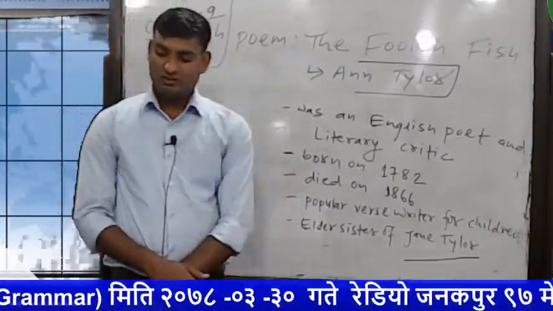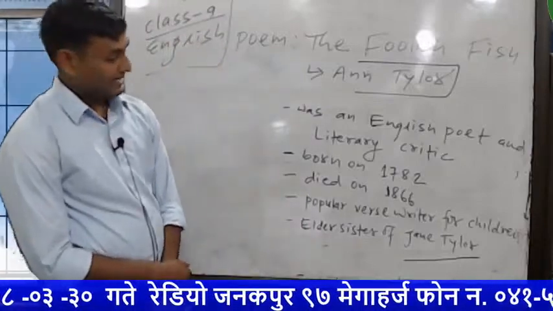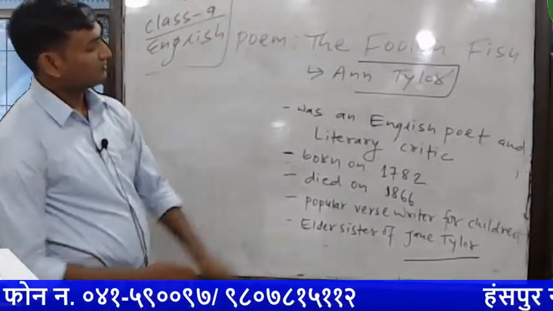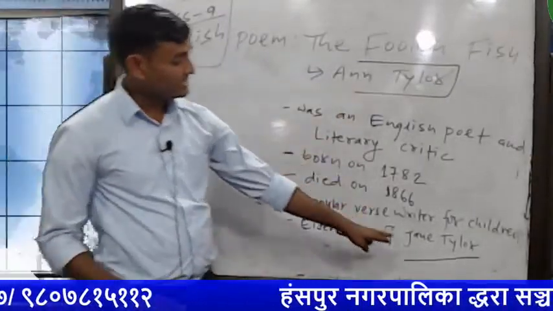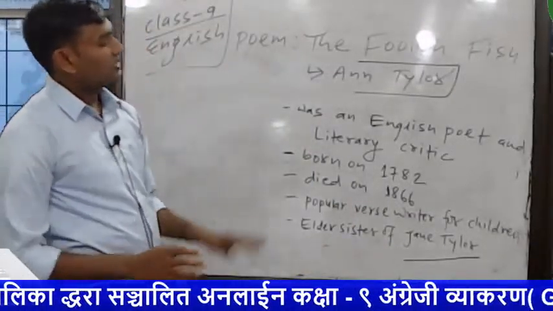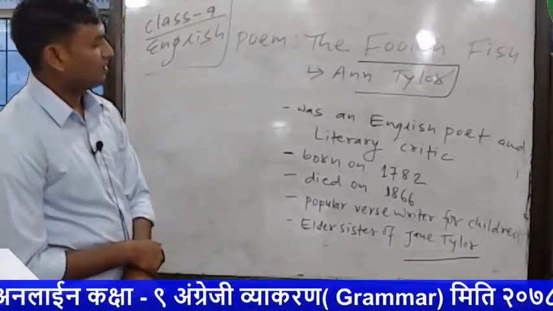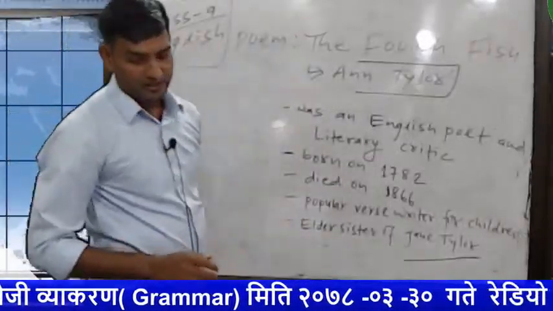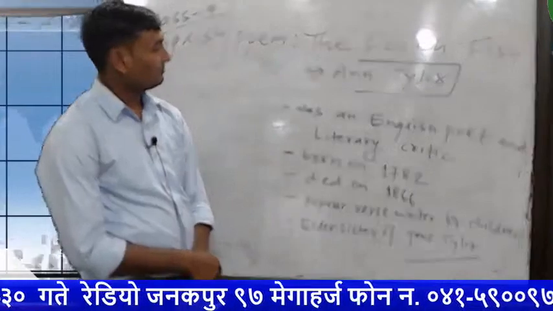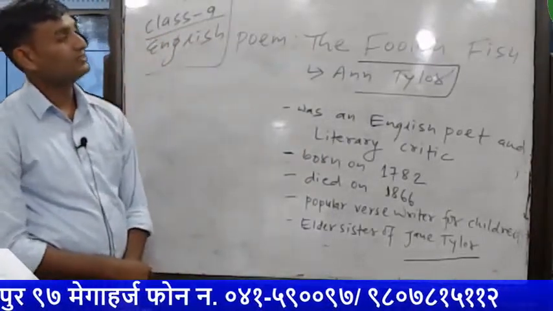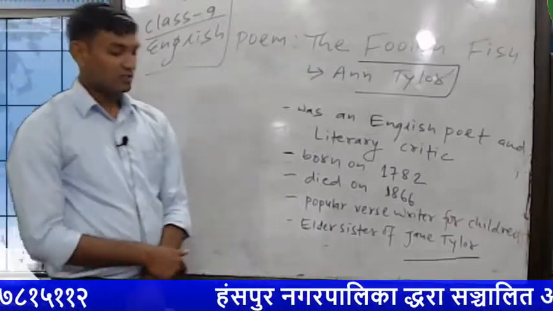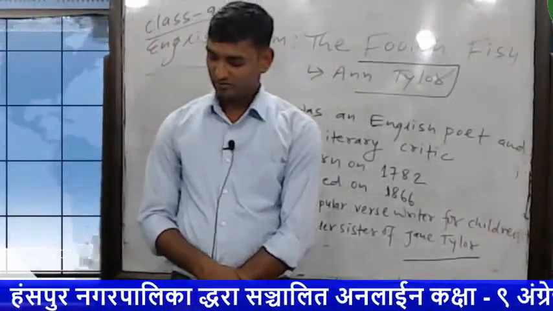So Anne Taylor and Jan Taylor are sisters. Anne is elder and Jan is younger. So this is the biography of the poet, and now we are going to our poem, The Foolish Fish. Dear students, all of you open your book, page 30,